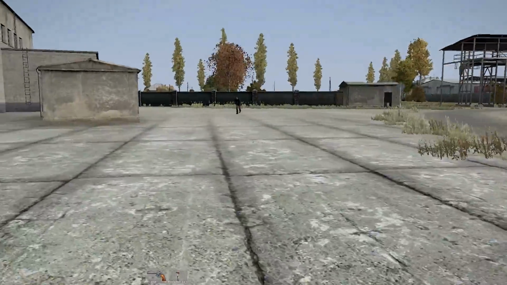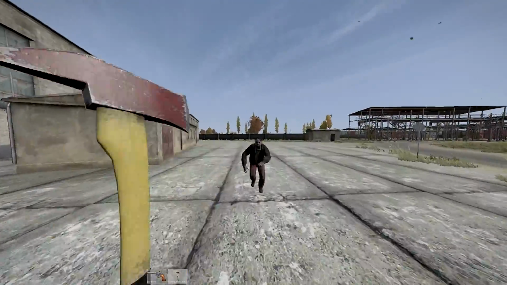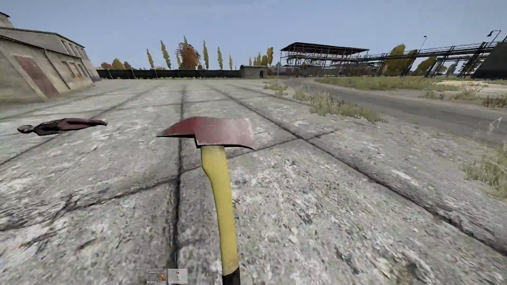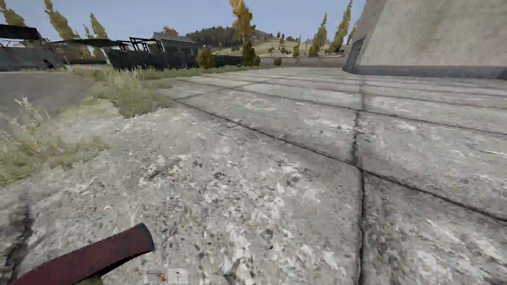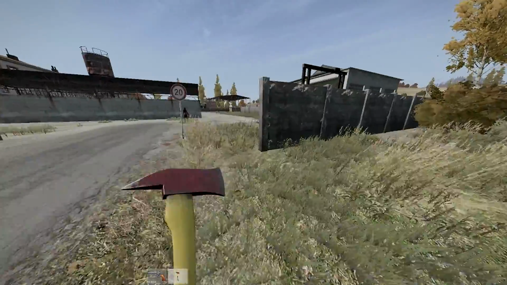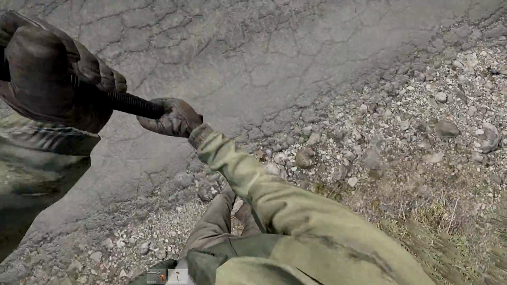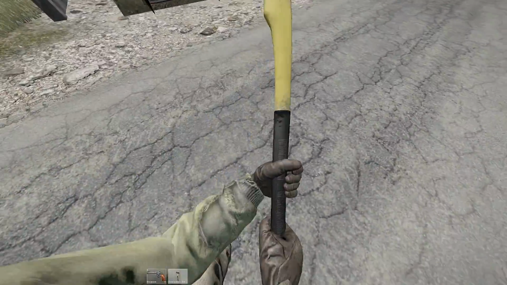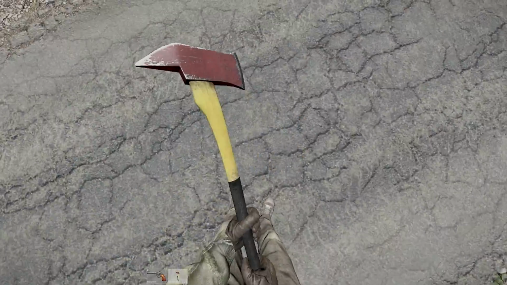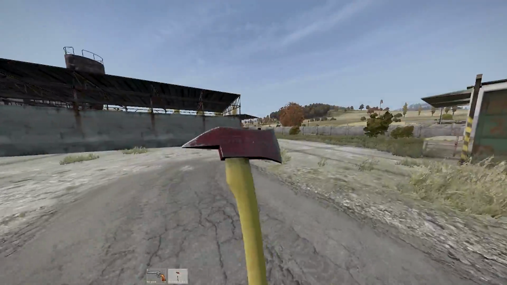I'm just gonna kill him just to do it. Usually, it doesn't always make that sound. I don't know. The sounds for the axe hitting the wall are just placeholder at the moment. Now it doesn't make a noise. Yeah, it sounds like a pistol at the moment, but...